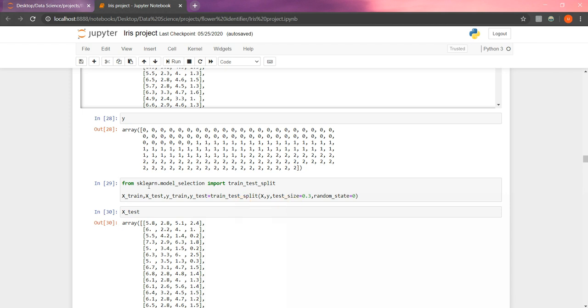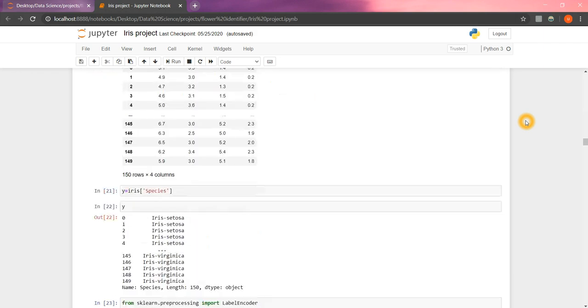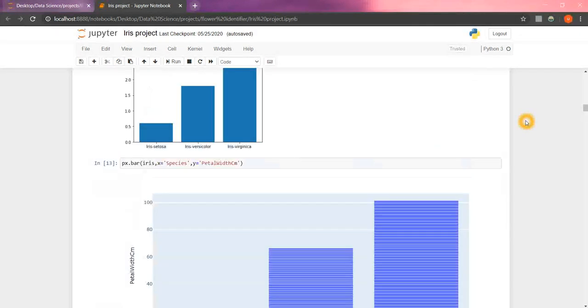From sklearn.model_selection import train_test_split means this will split the given dataset into X train, X test, Y train, Y test. X train and Y train are used to train the model, and X test and Y test are used to test the model.